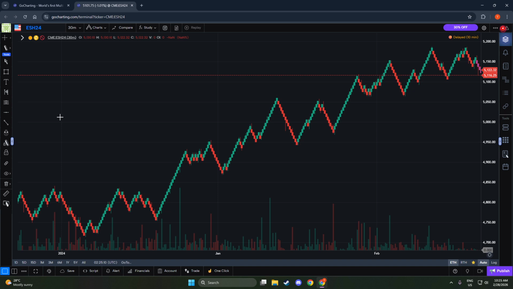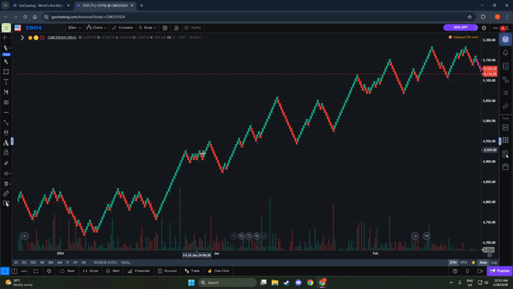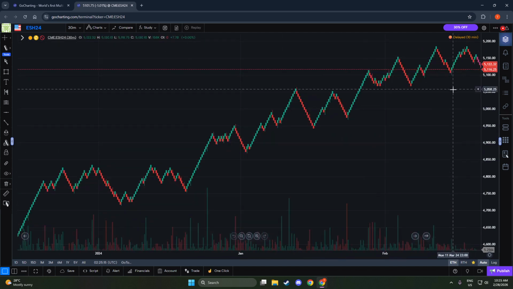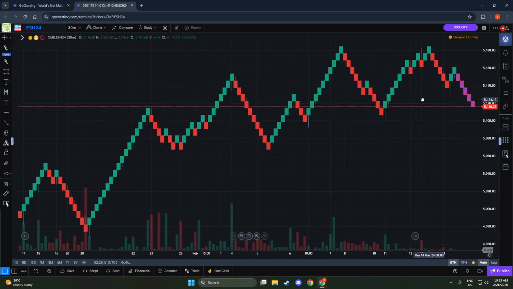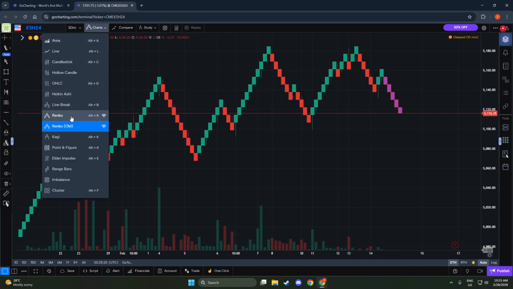Instead of plotting each time interval, Renko builds a new brick only when price moves by a set amount. Upward movement typically appears in one color and downward movement in another, making trends and pullbacks stand out clearly. Because Renko focuses on price rather than time, the view usually looks cleaner than a traditional candlestick chart, with fewer